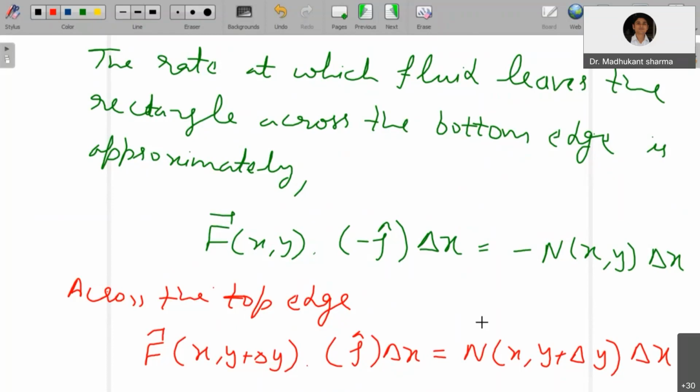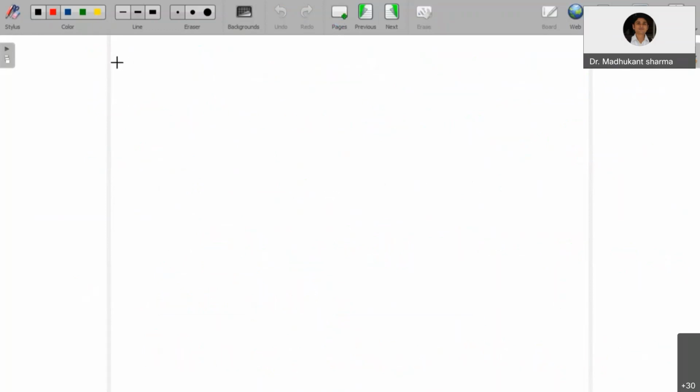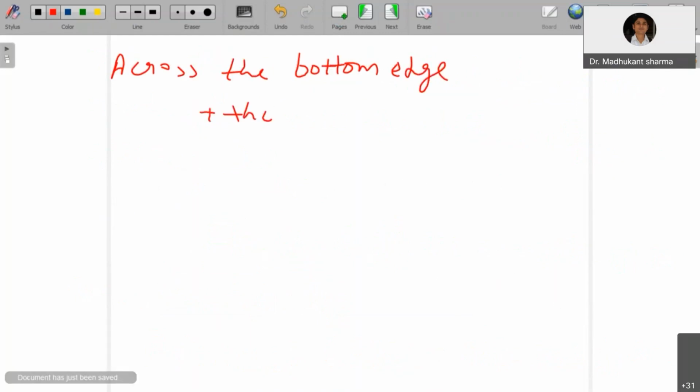So from here, what we can say is, across the bottom edge plus the top edge,